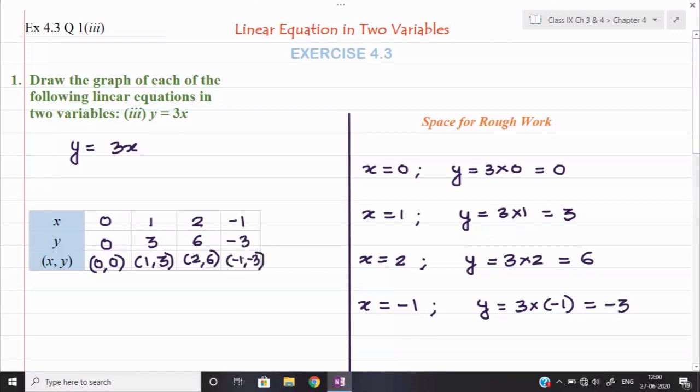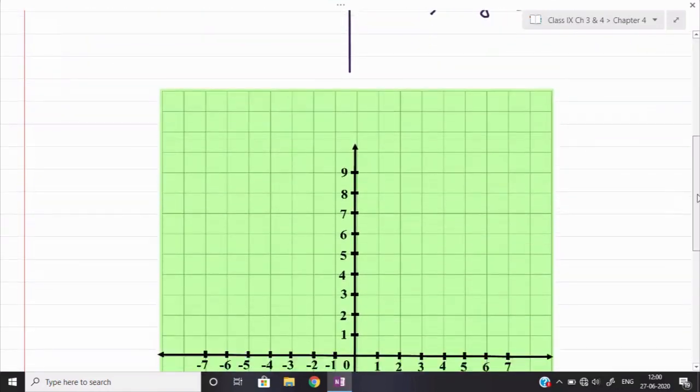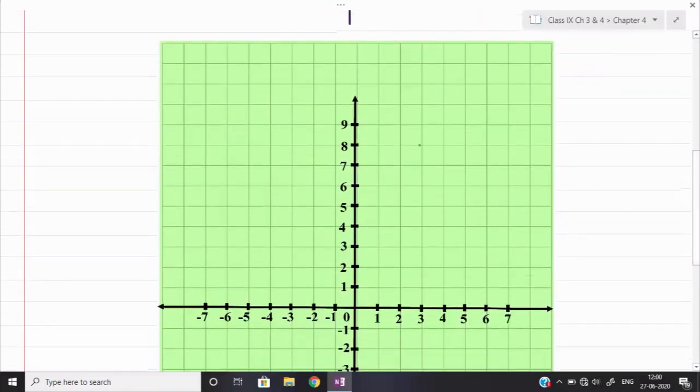Okay, now let us see how we can plot these values. So the first value is 0 comma 0. Before that we shall write down the scale here, as we are writing for the last two questions. The scale is coming the same. Here I will mention the scale: 1 centimeter is equal to 1 unit. Normally centimeter should come first, so we'll make the correction. That way you should write it down.